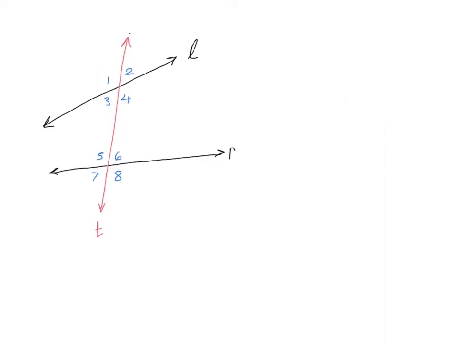And the final relationship that I want to go over today is corresponding angles. All right. So with corresponding angles, they lie on the same side of the transversal. So let's say we're looking at the right side of the transversal for now. So when we look at the right side of the transversal, we can pick the angles at the top. They correspond with each other. So angles 2 and 6 are corresponding angles